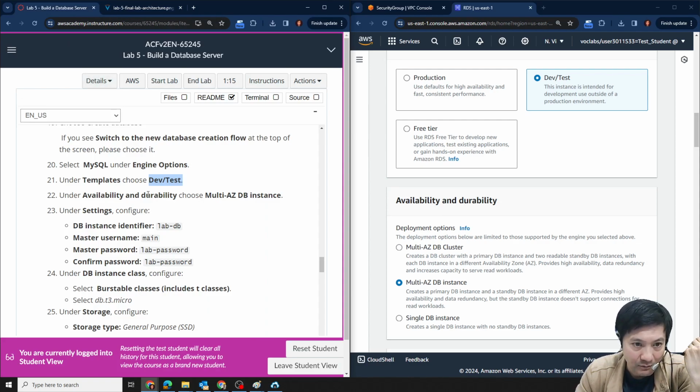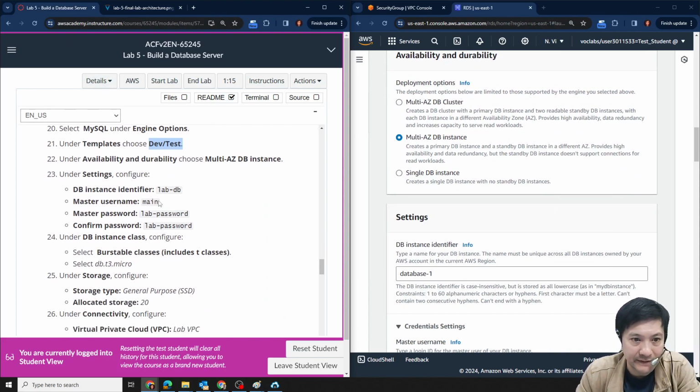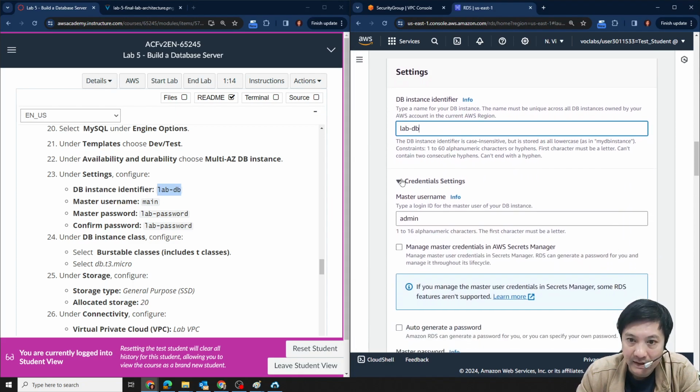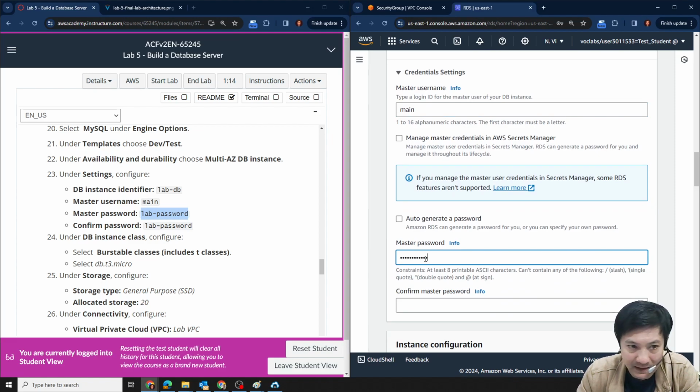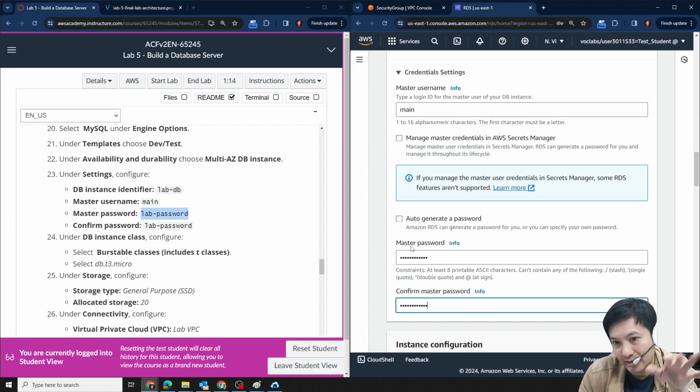Okay, we got this one, and then we continue to configure the name. It is so-called labdb. Okay, labdb. And then the username, master database username。咁啊 labdb 啦，咁啊 login 嗰個用戶啦，咁我哋叫 main 咯，login user is main 咯。The main password, main password is the master password, so the master password and then double confirm the password。